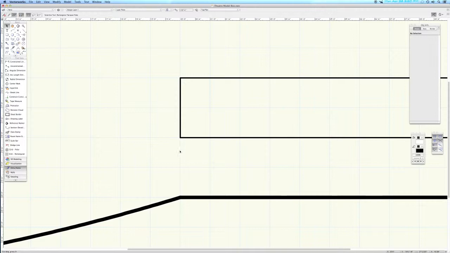Now with the zoom tool, I'm going to zoom in here a little bit. So I think what I'll do is I'm going to take this first line, anchor it at the top. I'm going to make that 18 inches. And then with my line tool, the 2 key, I'm going to draw a line over that is tab 3